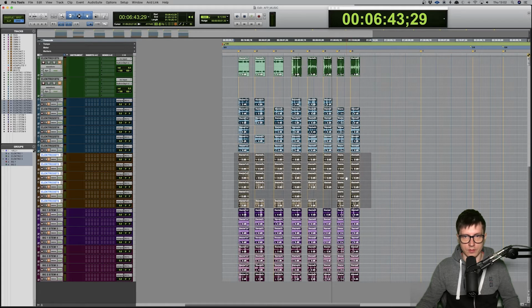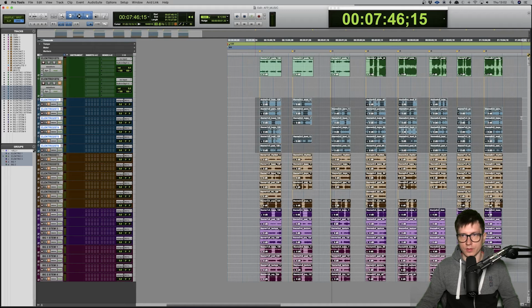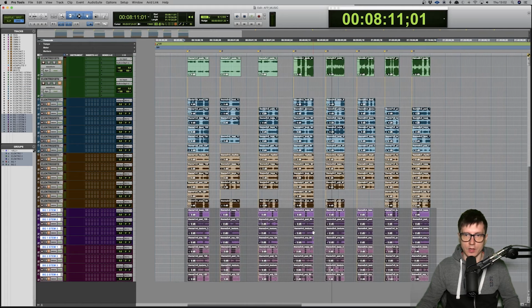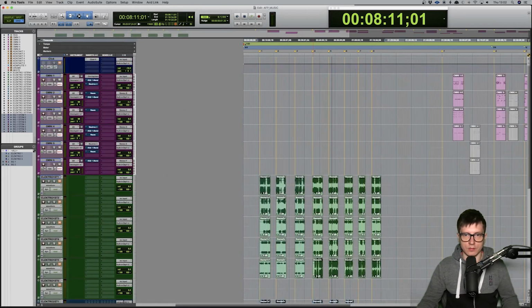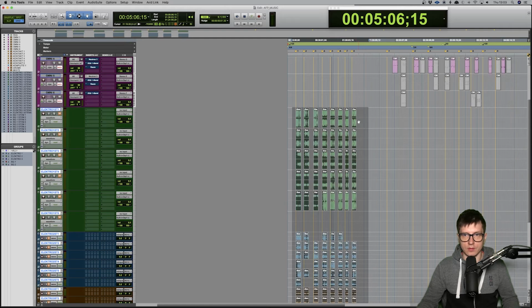So when I'm using this one, I know that brown is version 3, blue is version 2, green is version 1, and the purplish colors are the pad-like, ambient versions of the cues. So that was my full library that I've created for this series.